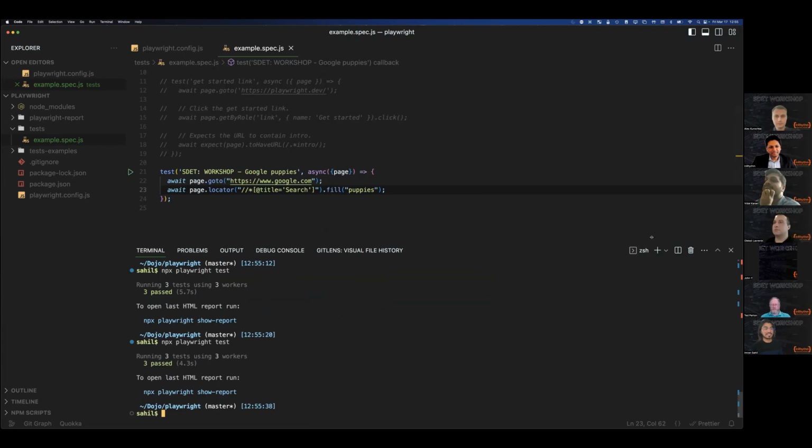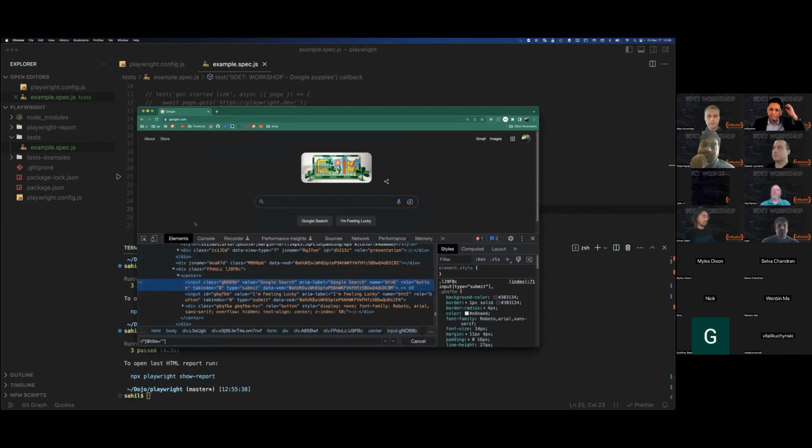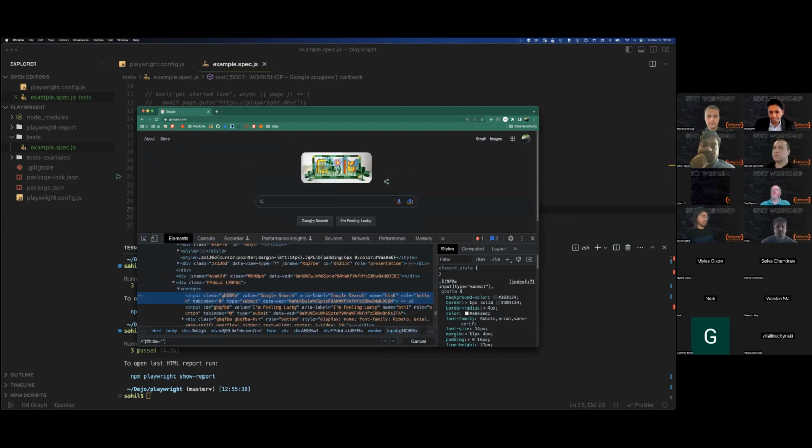Now, if you want, you can put the wait between those two steps. I don't think it clicked enter though. I think that's what we're missing from this. Okay. Yeah, fill doesn't press enter. Yeah, that's correct. It's only sending the keys. So let's also click the button. Sure. So let's create an XPath for the Google search button.